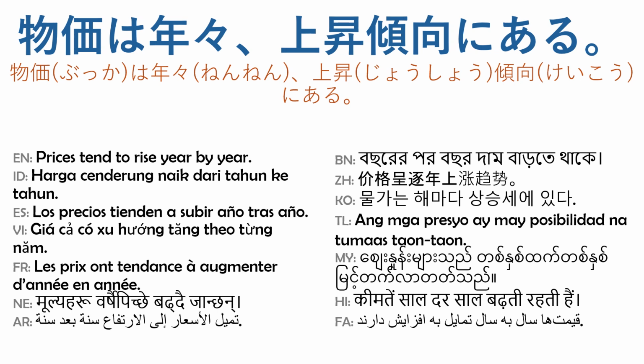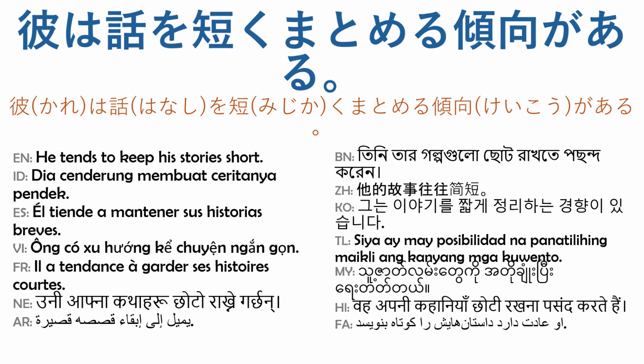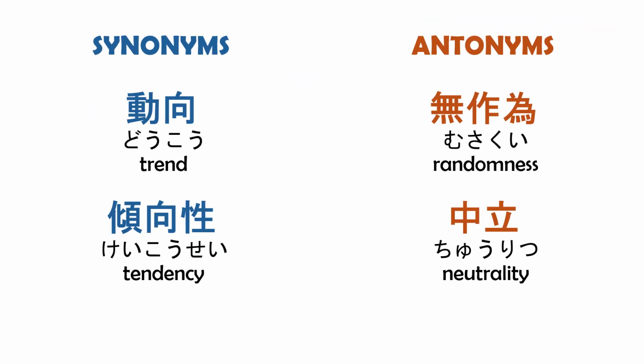Prices tend to rise year by year. 物価は年々上昇傾向にある。He tends to keep his stories short. 彼は話を短くまとめる傾向がある。The most common synonyms of the word are 動向 and 傾向性。動向 overlaps when talking about trends in society or markets,